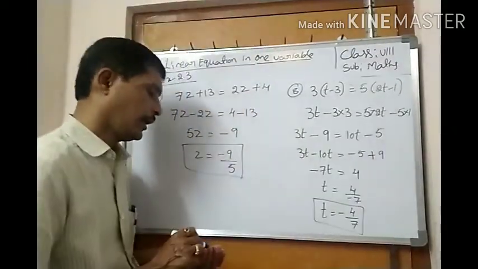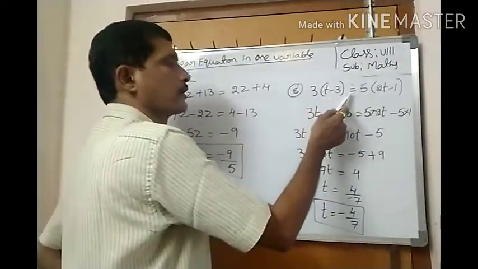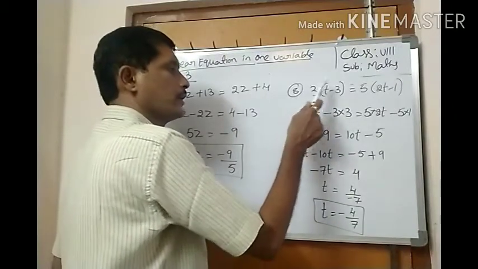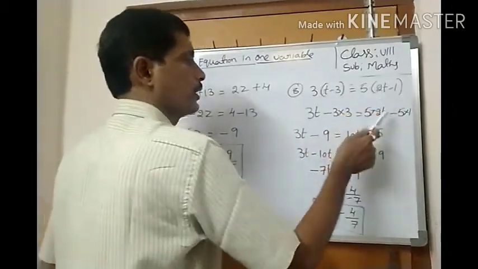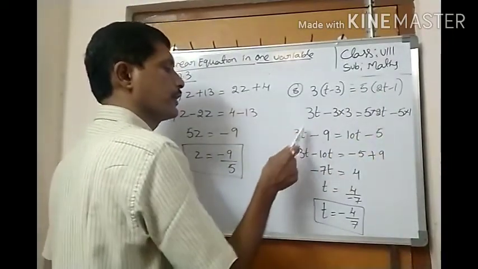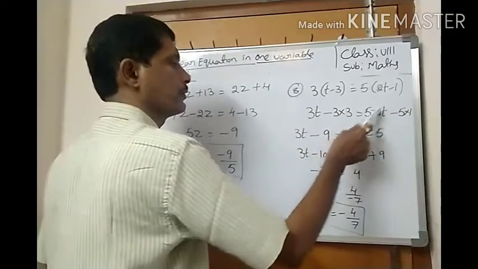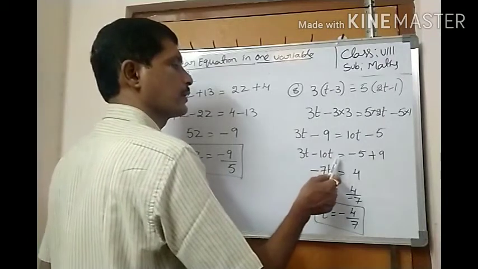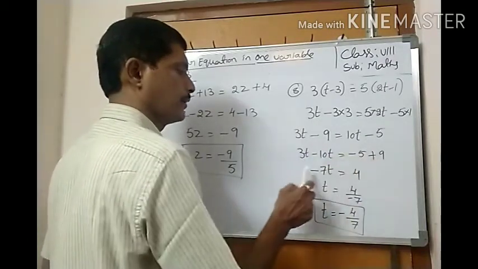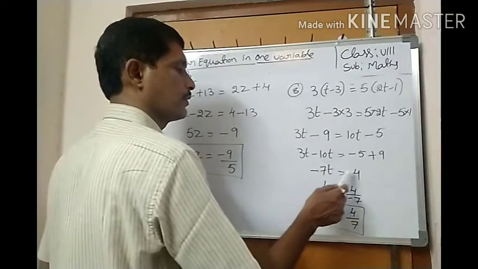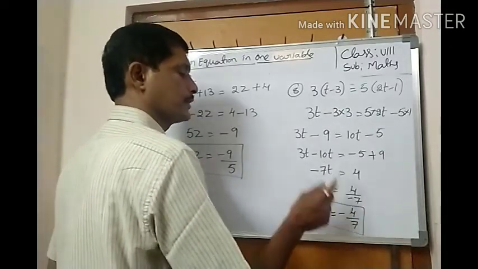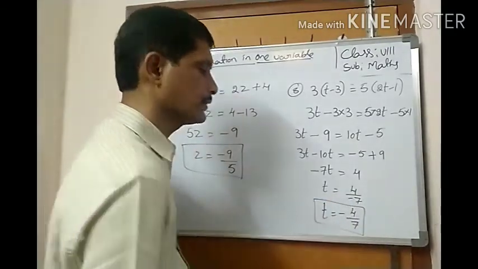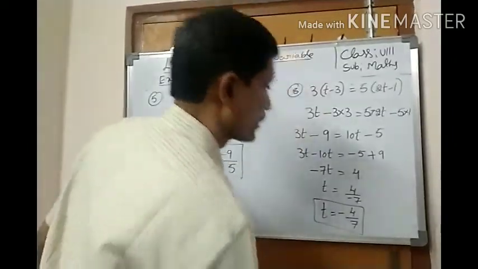Here one more time, see. Here multiplication is given. 3 into t minus 3 equal to 5 into 2t minus 1. Here multiply each element. Therefore 3 into t, 3t. 3 into 3, 9. Here 5 into 2t, 5 into minus 1. Therefore 3t minus 9 equal to 10t minus 5. Here variable t is there. Change to this side. 3t minus 10t equal to minus 5, this minus 9 becomes plus 9. Therefore 3t minus 10t, that is minus 7t equal to 4. t equal to 4 by minus 7. Numerator, denominator, any one number minus total number is minus only, minus 4 by 7. Okay.